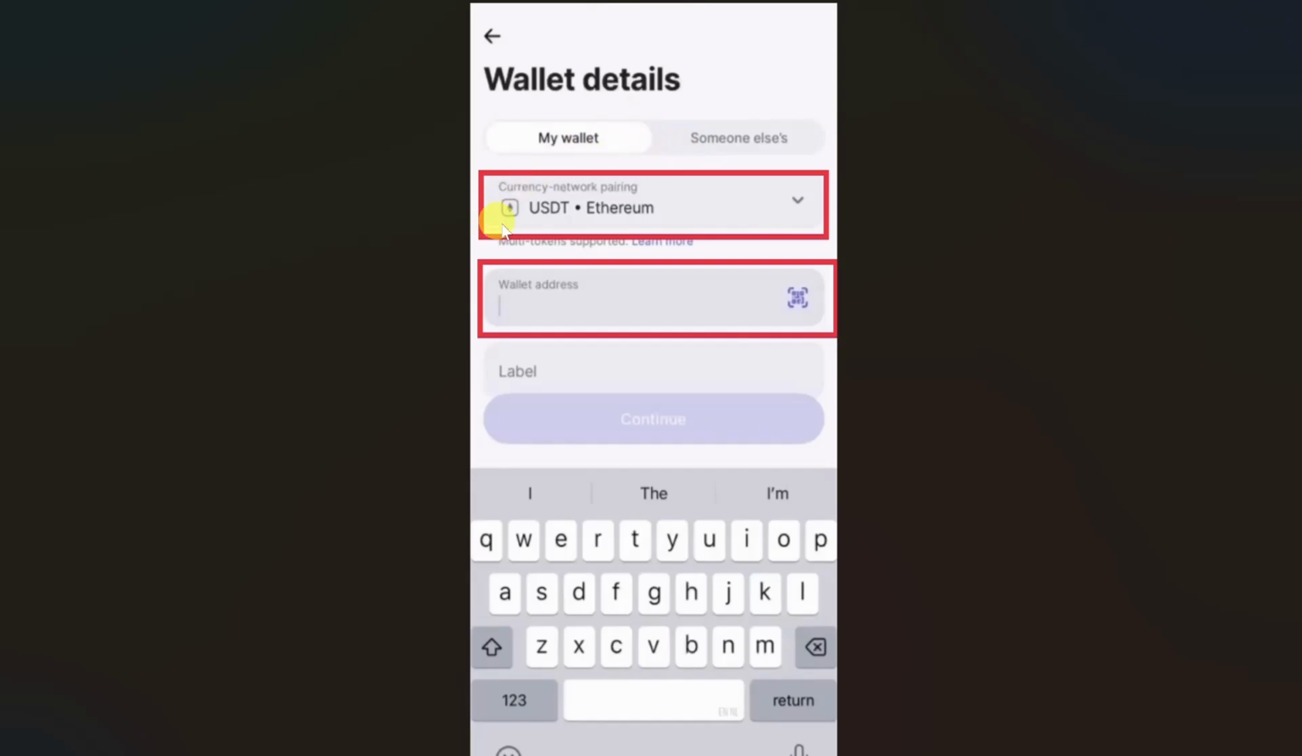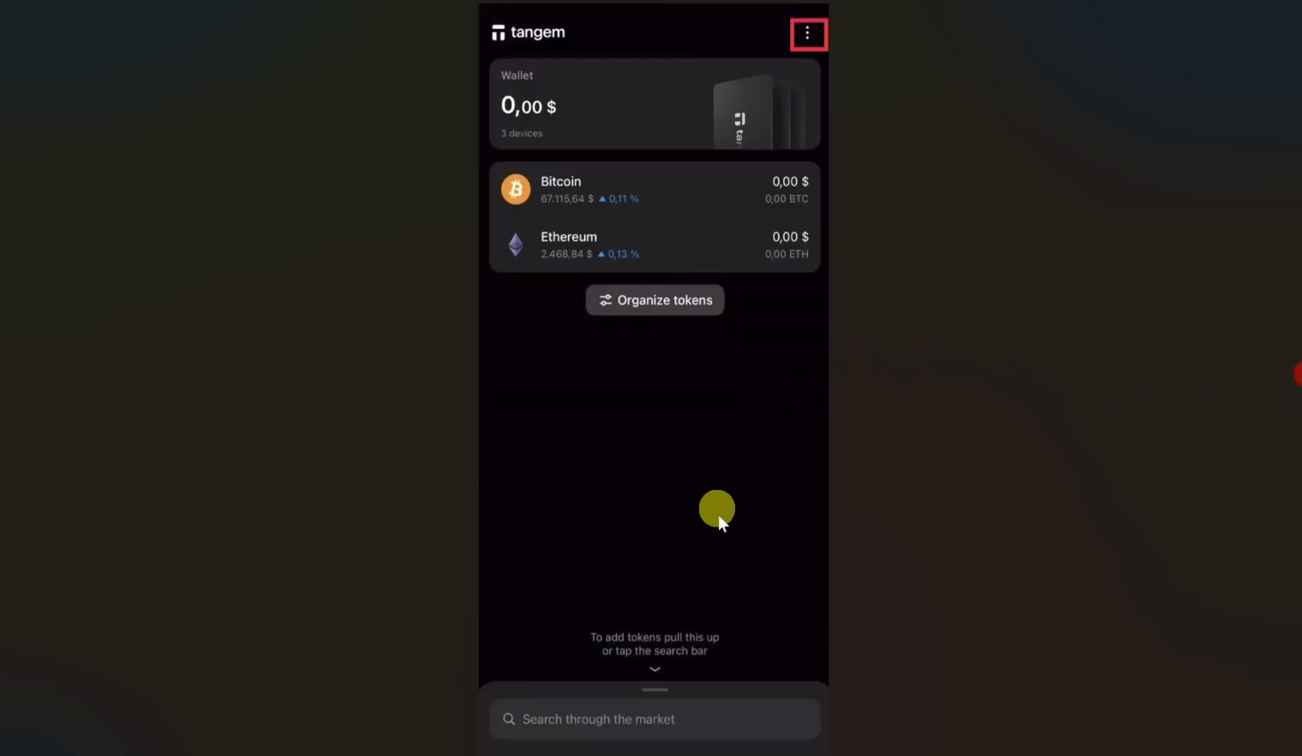Then it's going to open up this screen. From here first you have to select the network that you want to use, and then in this second input box you have to paste the wallet address from your Tangem wallet. So just open up your Tangem wallet app and then